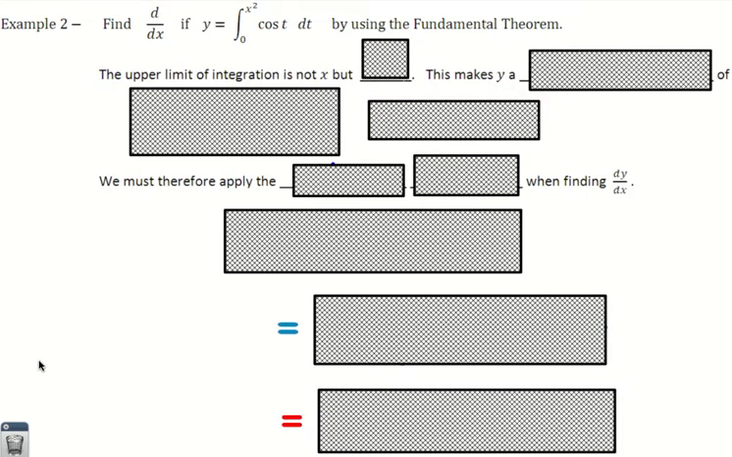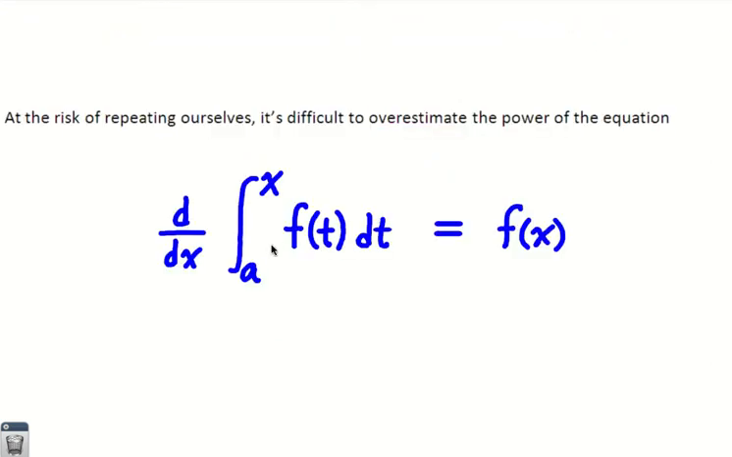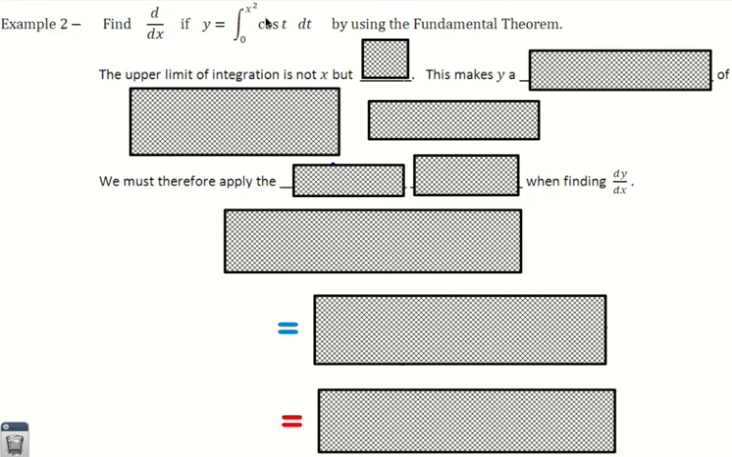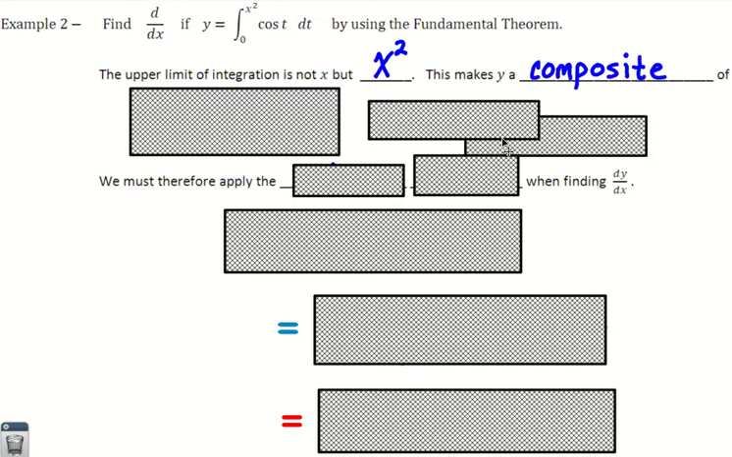So let's start to get a little more complicated. What if the integral was from 0 to x squared, and we wanted to differentiate this integral? Well, remember that the overall fundamental theorem is written like this, but what if we're going to x squared? The upper limit of integration is not x, but x squared, obviously. This makes y a composite